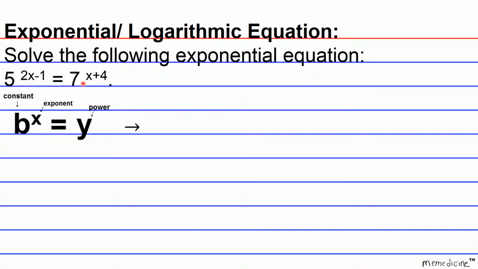But what we have to do here in order to evaluate 5 raised to the 2x minus 1 is equivalent to 7 to the x plus 4 is we have to use a technique that can accommodate having different bases on the opposite sides of the equal sign. The base on the left-hand side of the equation is going to be 5, and 7 on the right-hand side, okay? So the technique we can use to solve this riddle is to take the common logarithm of both sides,